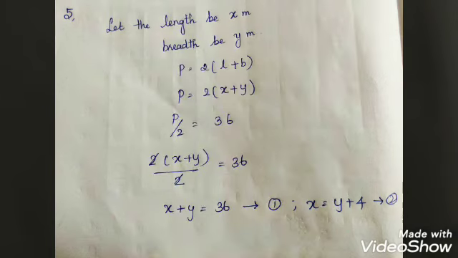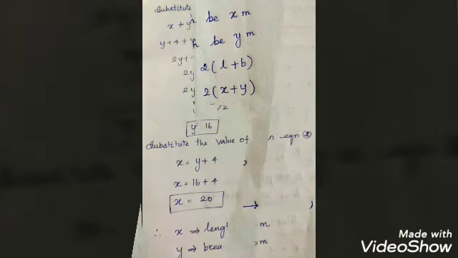First, let the length be x meter and the breadth y meter. What is the perimeter formula? 2 into L plus B. So substitute as x and y, P equal to 2 into x plus y. In that question what they have said, half of the perimeter equal to 36. So 2 into x plus y divided by 2, 2 cancels, x plus y equal to 36. The second statement what they are telling, that x is 4 more than y, right? Length is 4 more than the width, right?